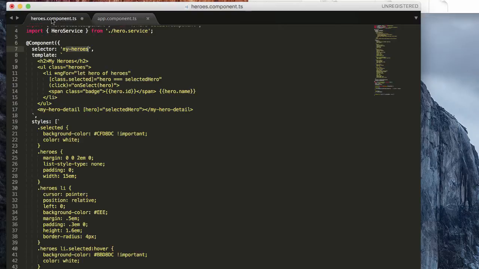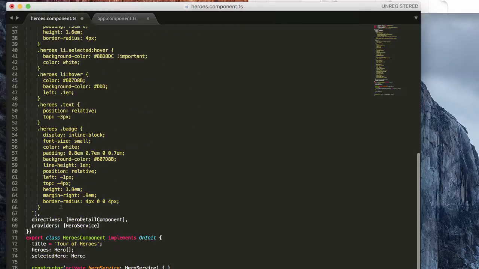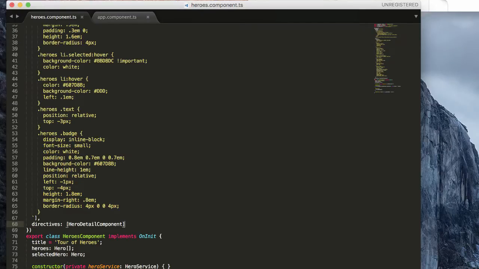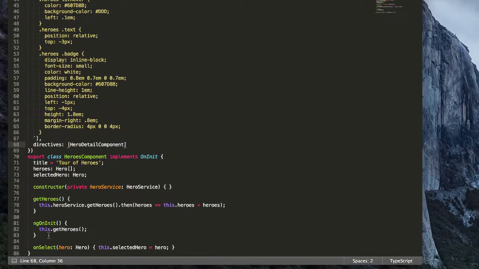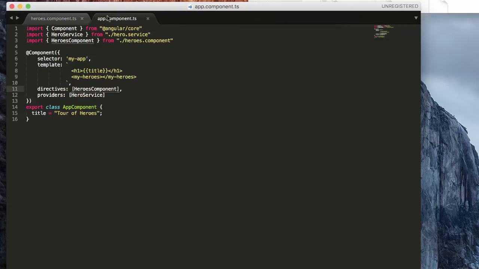Now I need to go down to here, and I still need that, but I don't need to pass it as a provider anymore. Nor do I need to pass the details. So I need a directive there, but I don't need that service. That service will be injected through. So now that that's there. So by rights, if I've done this right, which I probably haven't, because I'm still getting used to the language, but I've now got an app component that's now using a hero service and a heroes component, which resolves to